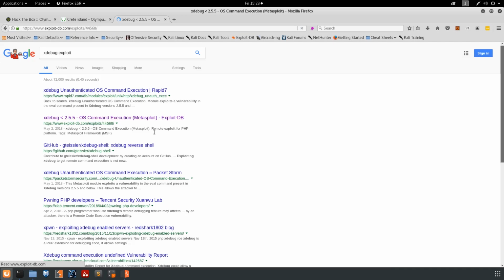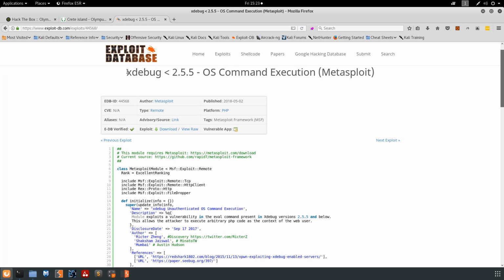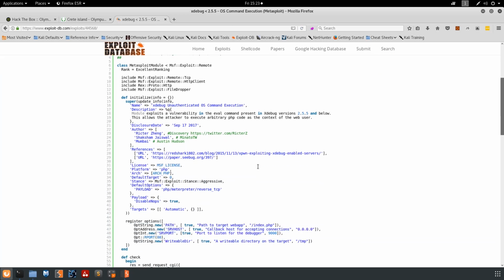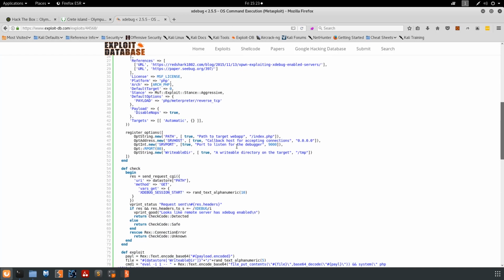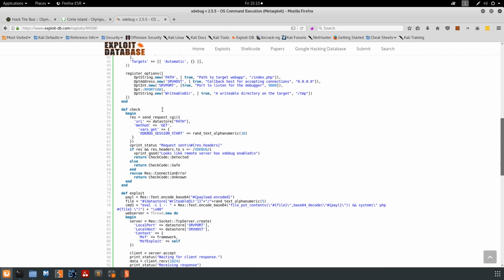So our first link here looks like it's some Metasploit code for OS command execution with xdebug version less than 2.5.5. And what it's showing is it allows unauthenticated OS command execution. And the way that it works basically is, let's see if I can find it in their code here, they set a GET parameter, xdebug_session_start, and some random alphanumeric text, which is